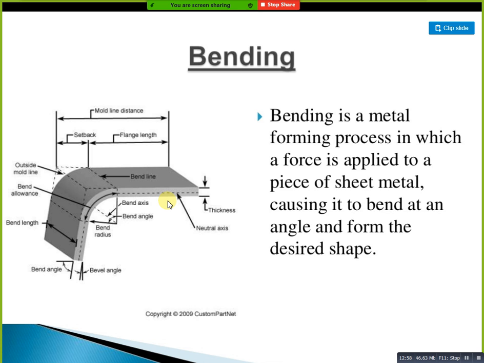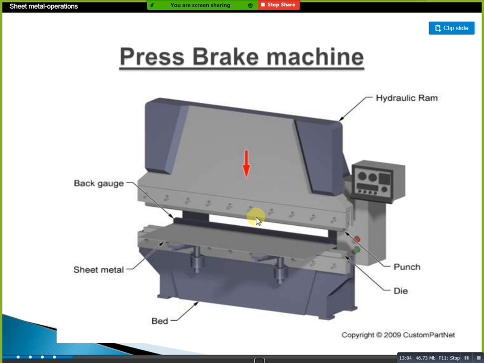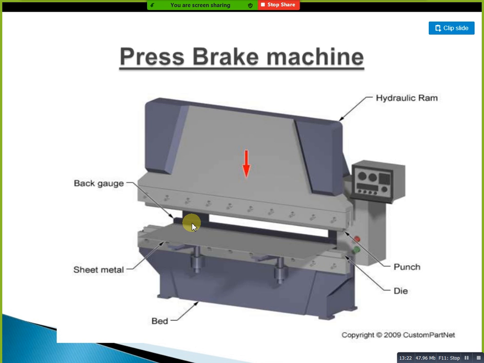For example, this is our press brake, or bending machine. This is one of the bending machines. Here we have hydraulic cylinders, and based on the hydraulic cylinders we can bend very easily. This is the back gauge, and this is the sheet metal. Here we place our sheet metal. This is the limit, meaning you can adjust your limit in the back gauge, depending on how much length you need. For example, if you need to mention your bend at 100 mm, 200 mm, or 300 mm, based on that we can adjust our back gauge.